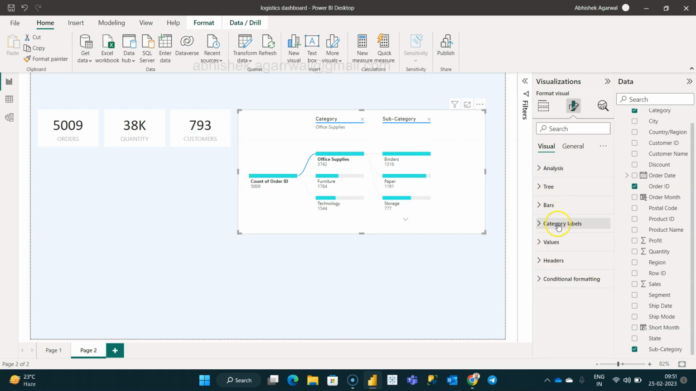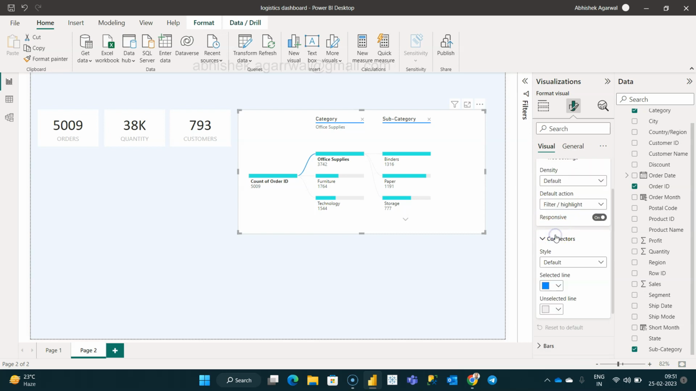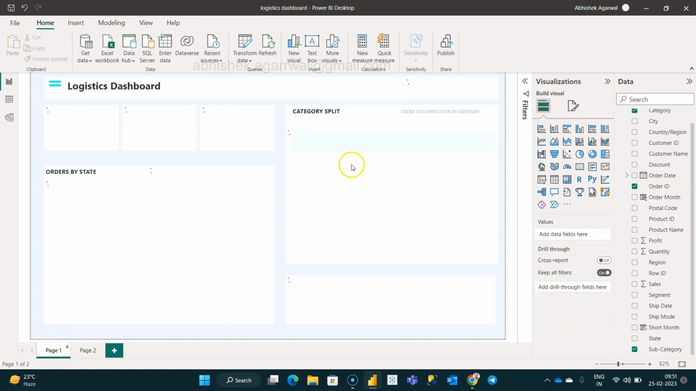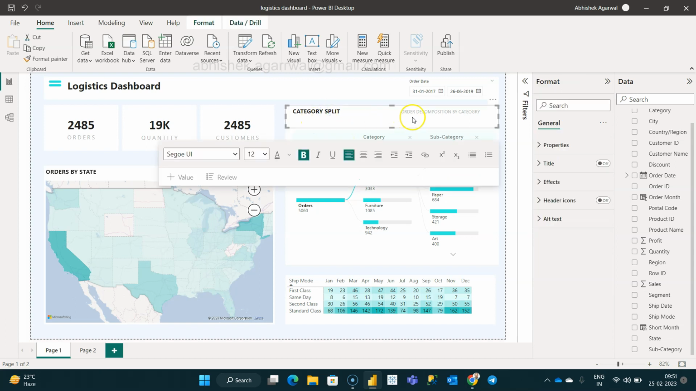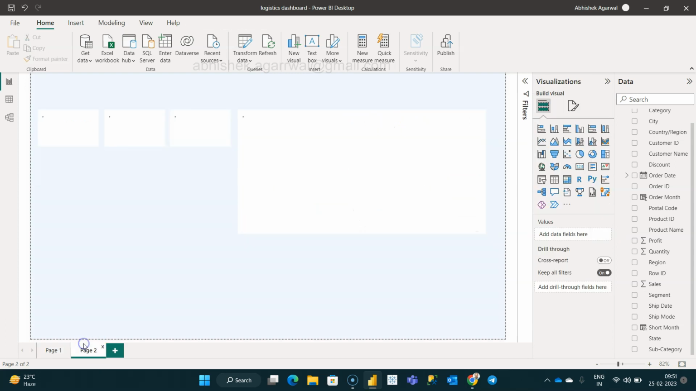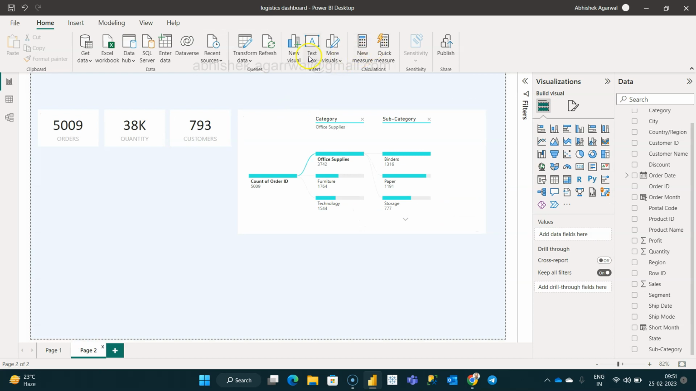So these are the bars, and this is the tree, right? These are the connectors. These colors, I will choose the color as this one, so that way everything will be same, right? So we have this background which I have set, and there is this title which I have set. So the way I have done this is I have